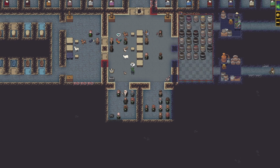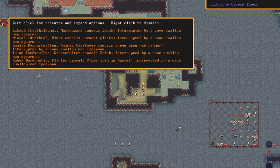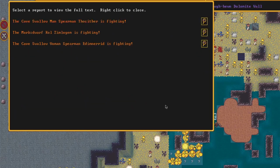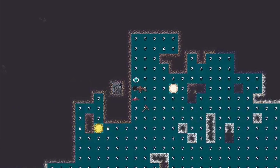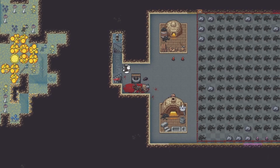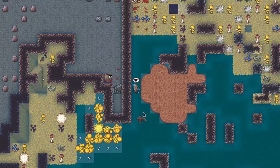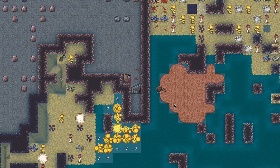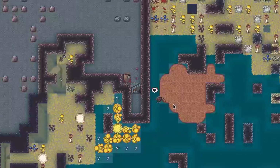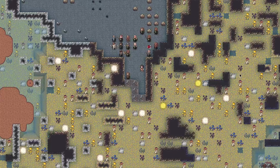It seemed to be going well until I noticed repeated disturbances being reported at the well. For some reason my dwarves kept drowning at the bottom of it. The mystery was revealed when I saw a cave swallow person fly up the well and proceed to stab my dwarf until they fell down into the water, where they succumbed to their injuries. With this, they were directly bringing the fight to me, and so, as unprepared as we were for a direct battle, I sent my dwarves down to the mine,